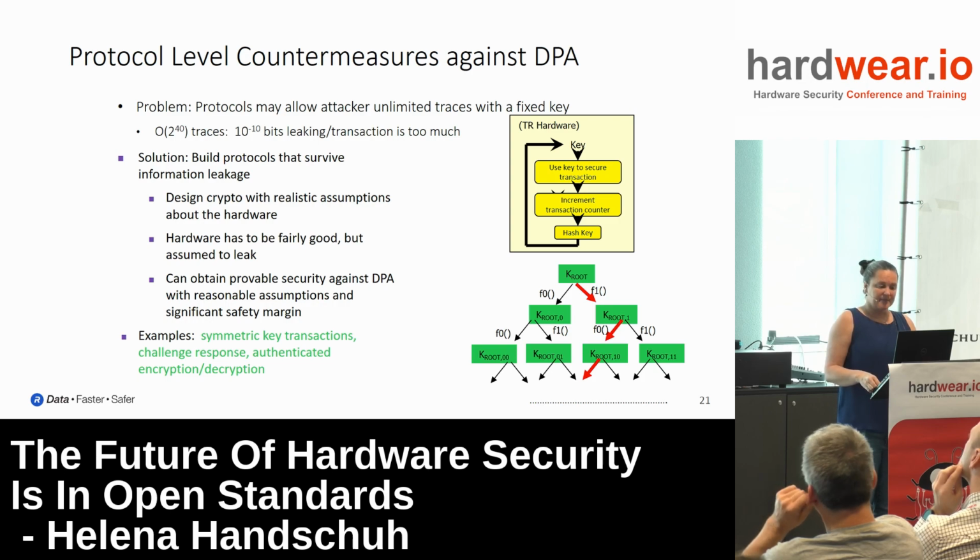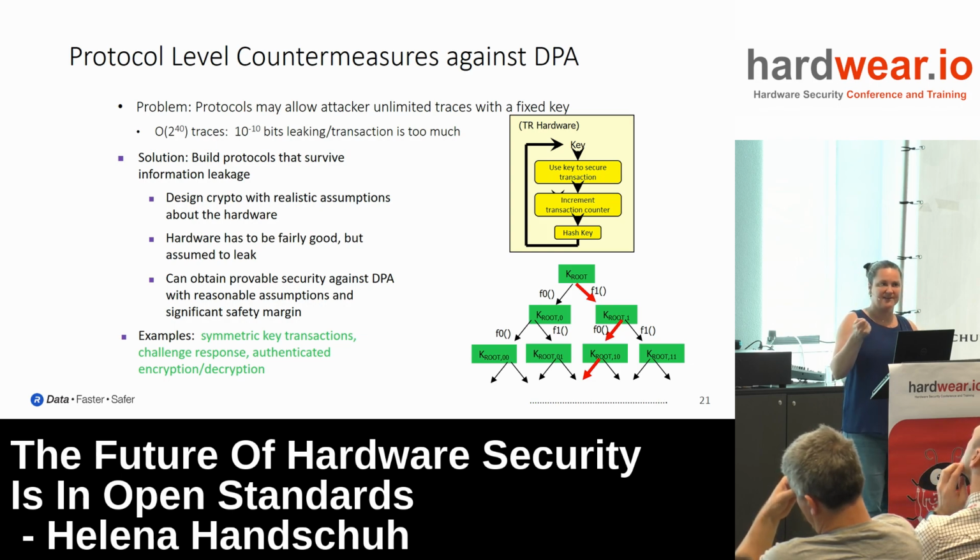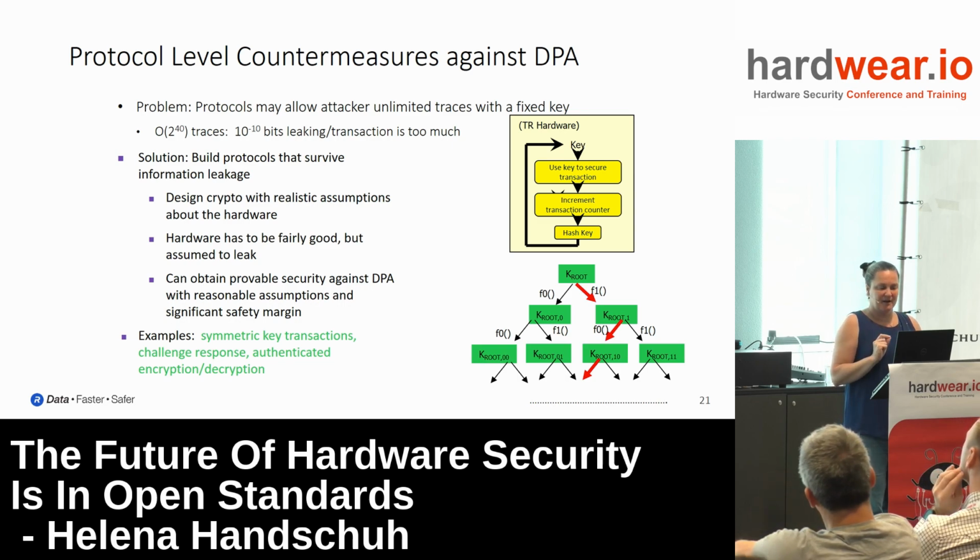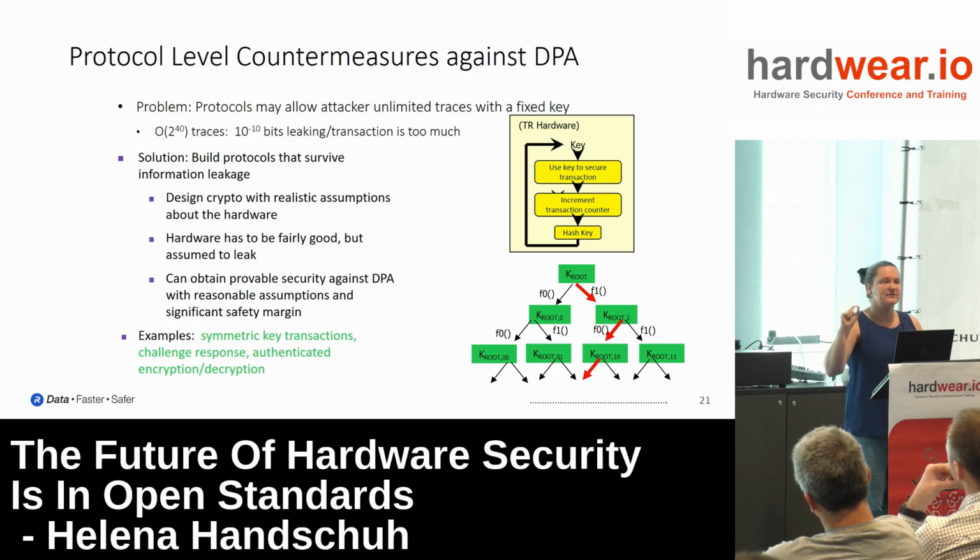So for example, in a challenge response mechanism, what you would do is use the challenge bits one by one to run down your tree. Together, in order to go from your root key to all of the leaf keys, what you do is you apply a one-way hash function. So you run forward with your key by one step for each bit of the challenge. That gives you one of 2^n keys. So for example, the red part here will show you the path that you will be using for a specific challenge, following the bits.